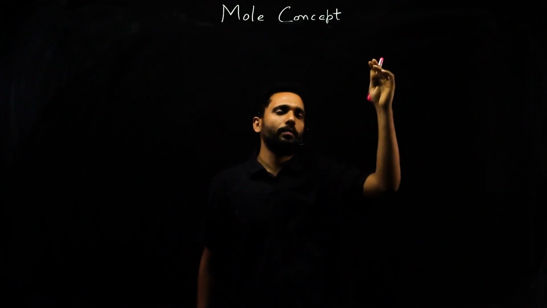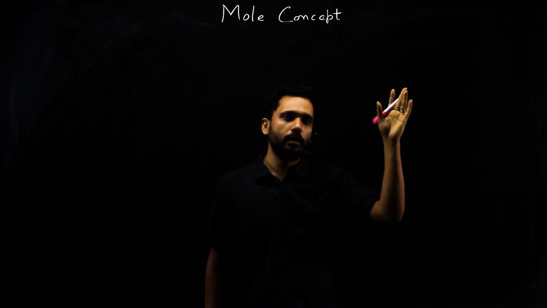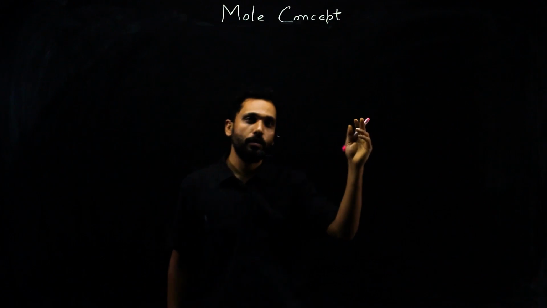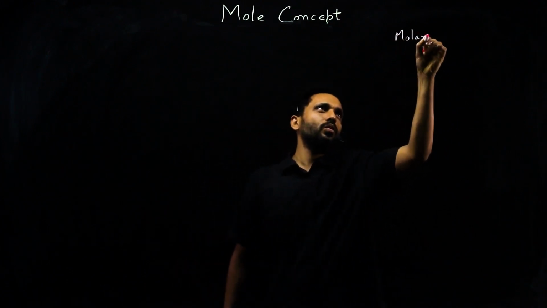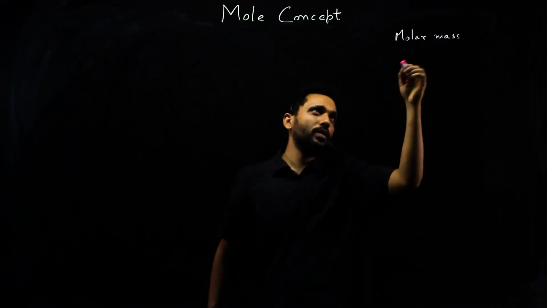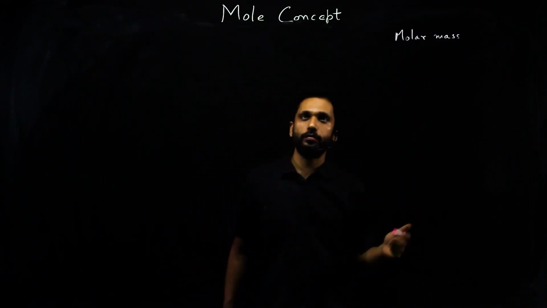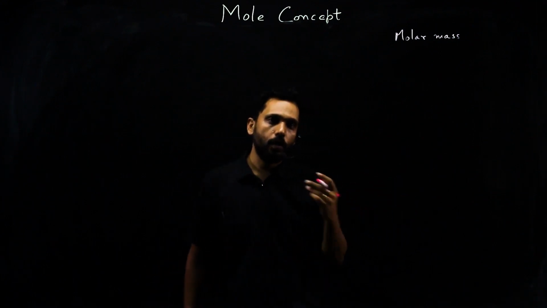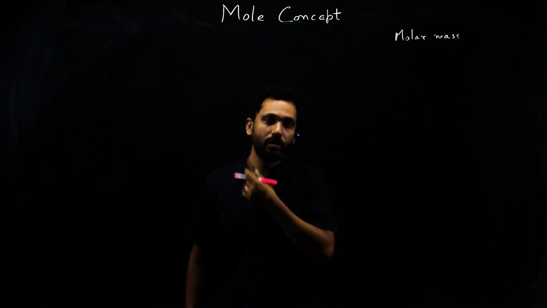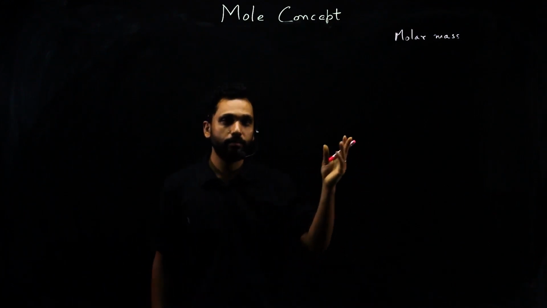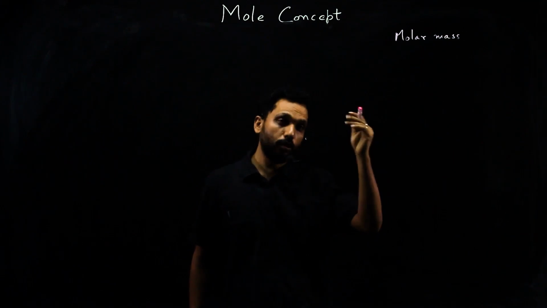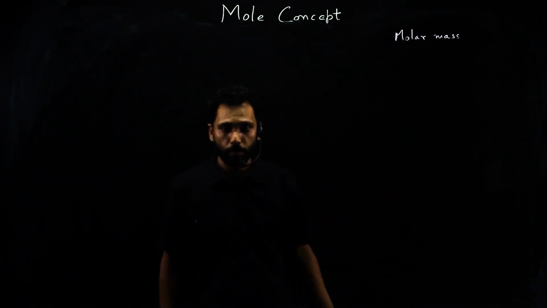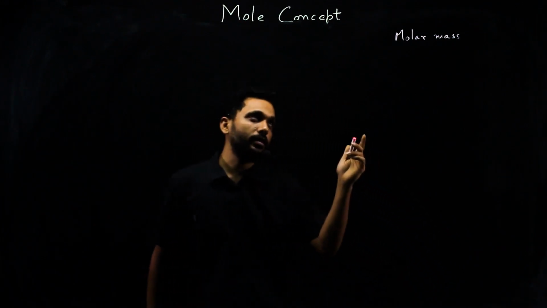Now we'll be referring to gram atomic mass or gram molecular mass, or mole of atoms or mole of molecules mass, as molar mass. This may refer to a mole of atoms or a mole of molecules. So the molar mass of, say, oxygen atom or nascent oxygen, or helium, would be the mass of 1 mole of helium atoms. And the molar mass of calcium carbonate would be the mass of a mole of calcium carbonate molecules.